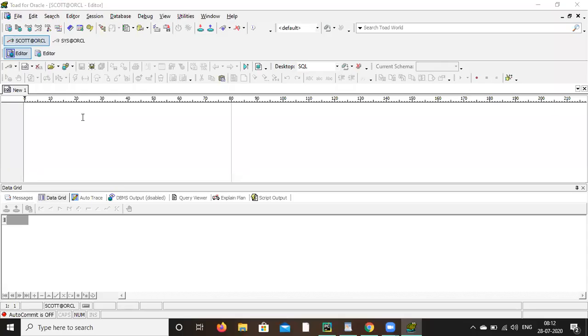So we'll start today's topic, aggregate functions, built-in functions, right? In built-in functions, first one is aggregate function or group function.